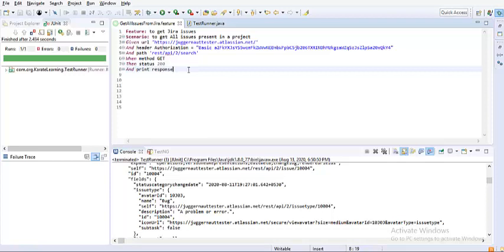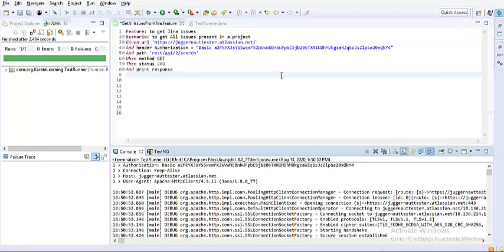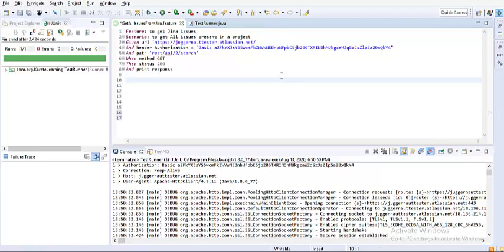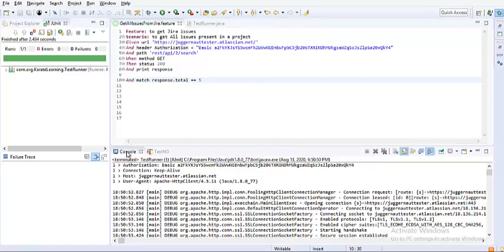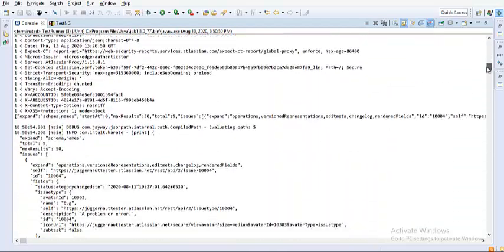Yeah, so now we have printed the response, and now let's see whether the total number of bugs is 5 or not. For that I'll just write another step, and match is the keyword you use to put in assertions. So, match response dot total, the field that we have seen, equals 5 or not. I'm just saving it, and let's also put in another assertion, so that we can run once and observe both of them together.